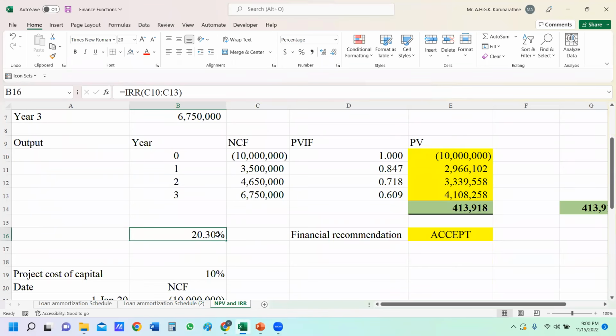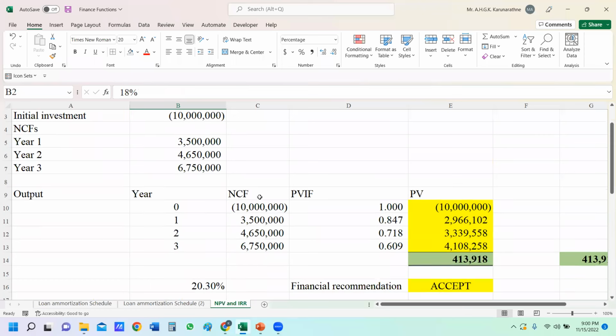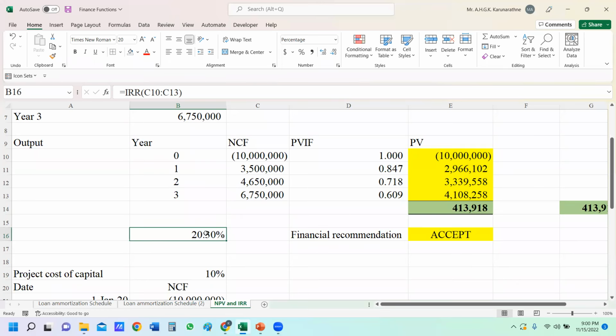So it has exceeded or passed your threshold level. Now you are very happy, because in this capitalist society what do we always try to do? Consumers maximize satisfaction, suppliers maximize profit, investors maximize wealth or return. So accordingly, they are happy. Required rate 18% and the